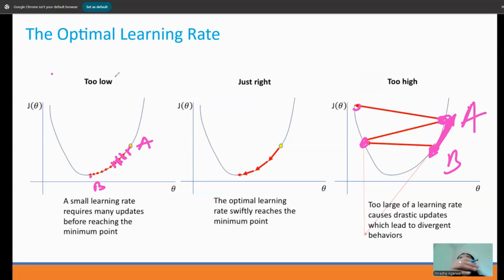Then there is another person, say, Tommy is here with us, and Tommy says, no, I want neither too slow nor too fast when I'm going from point A to point B. I want to have a moderate speed, like the average speed. So this is something known as optimal learning rate. So guys, you have to see here on this curve on your screen, you are trying to go from point A to point B. Point A is where your neural network started to learn, right? And you're going from A to B. Now you can choose any learning rate, but something in the middle is important.